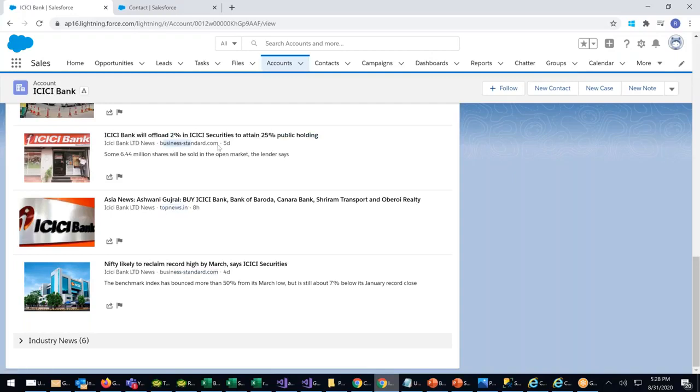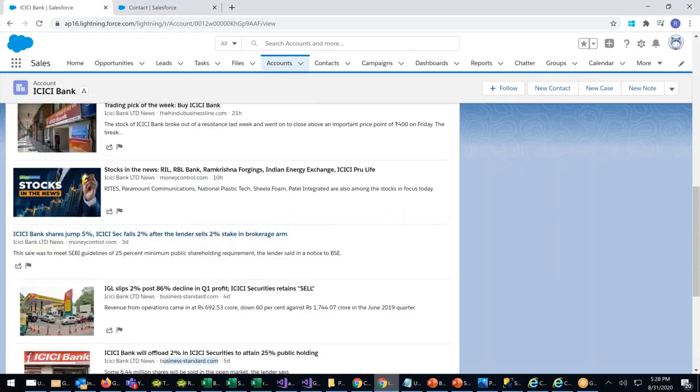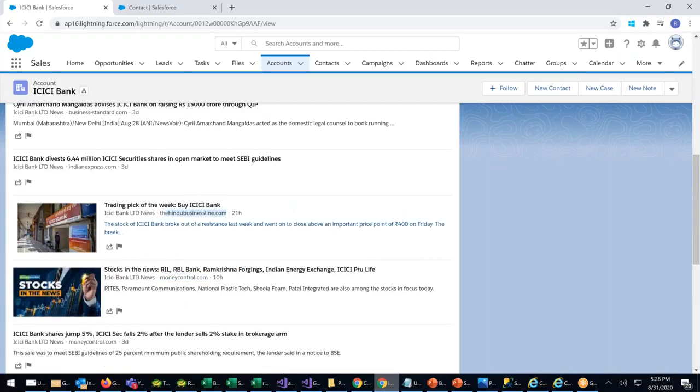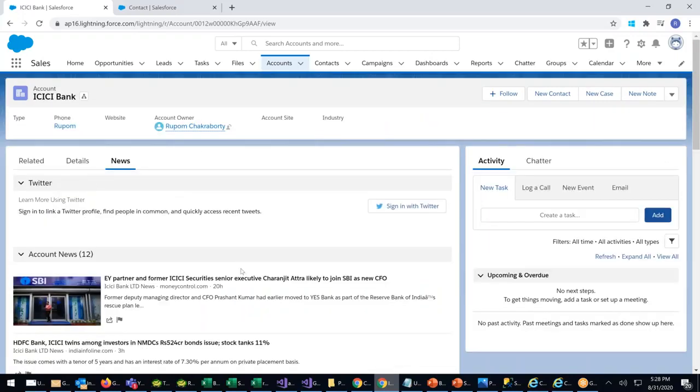Topnews.in, businessstandard.com, 5 days back, right? So it's pulling from here, moneycontrol.com from there, the Hindustan Times, right? From there it's pulling. Indian Express, right? So you can see that you need not go to the net. You want to know about this company, you can start reading from here,